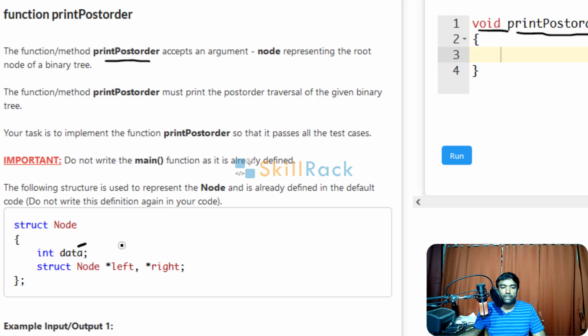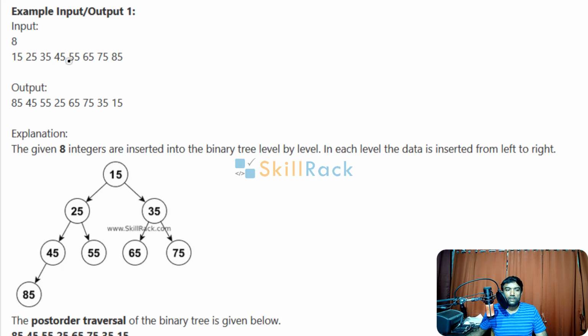Let us look at an example. So here we have 8 values and the binary tree formed is shown here. So this is the root node. So initially the pointer will be pointing to this. So from here we need to start. So post order is the node must be printed after left and right subtree traversal. So in post order, first left subtree is printed, then right subtree must be printed, that is traversed, then the node value must be printed.